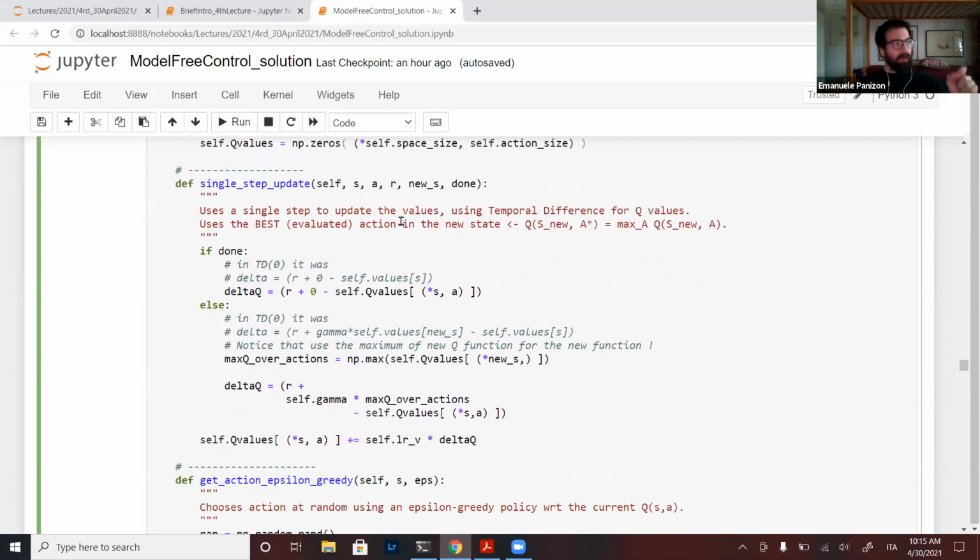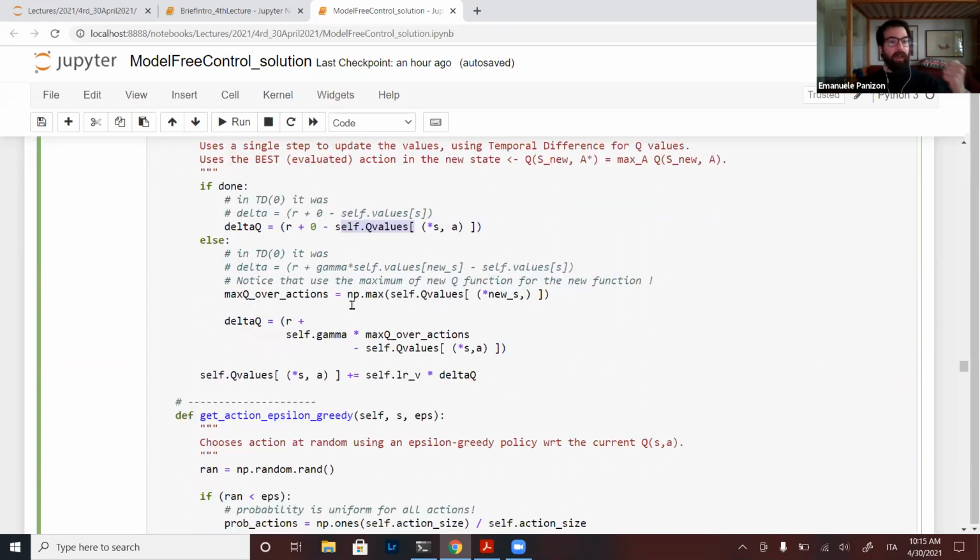The single update is again extremely similar to SARSA. I do not need the new action, so I do not require it as input. If the episode has ended, I just take the reward plus 0 minus the Q value for the state-action pair. If the episode has not ended, I have to find the best Q value available at the new state.